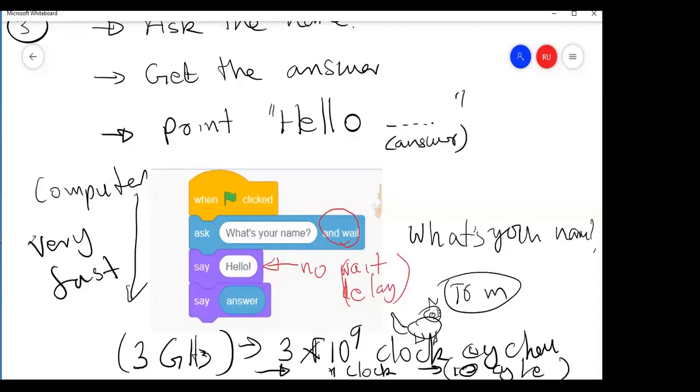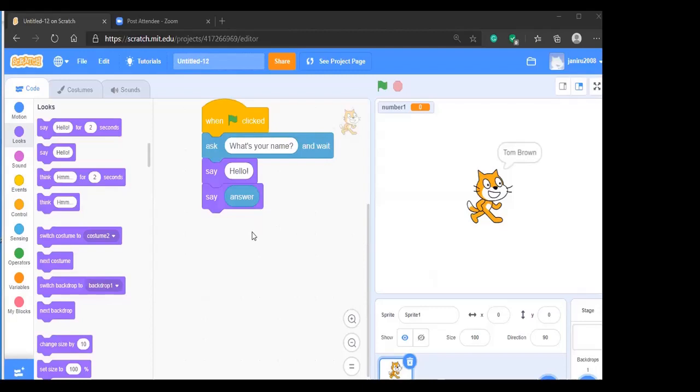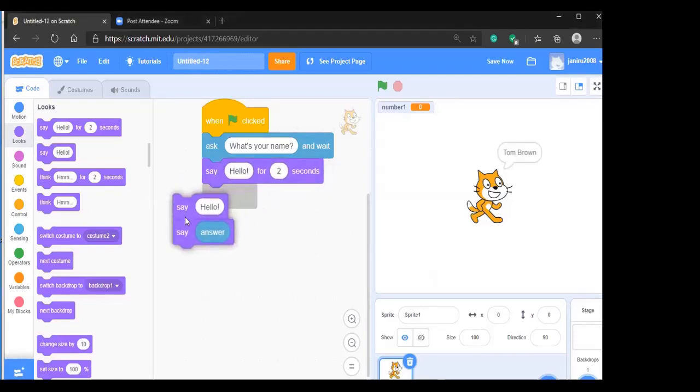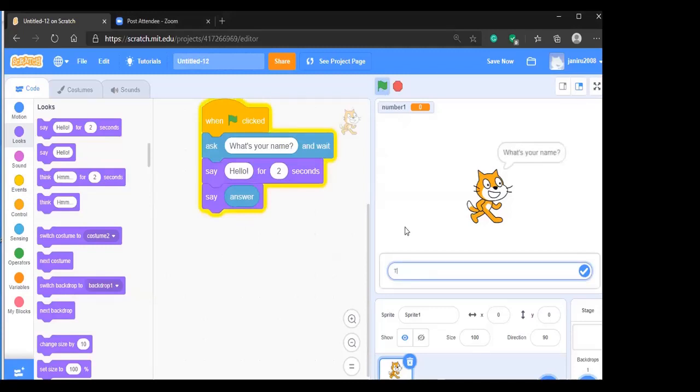So how do you change it? There are different ways of changing. You can give a delay. There are ways of giving delays in Scratch. Instead of this, you can say something like this. So, what is your name? Hello, Tom.